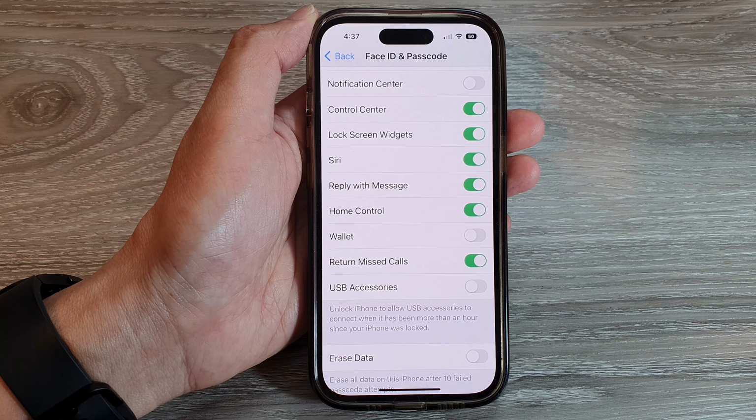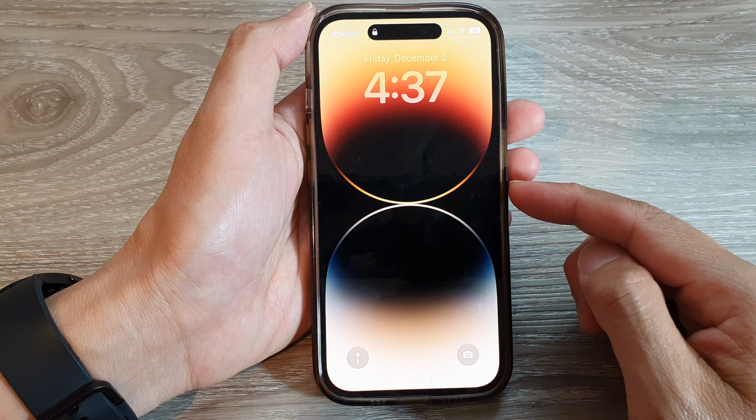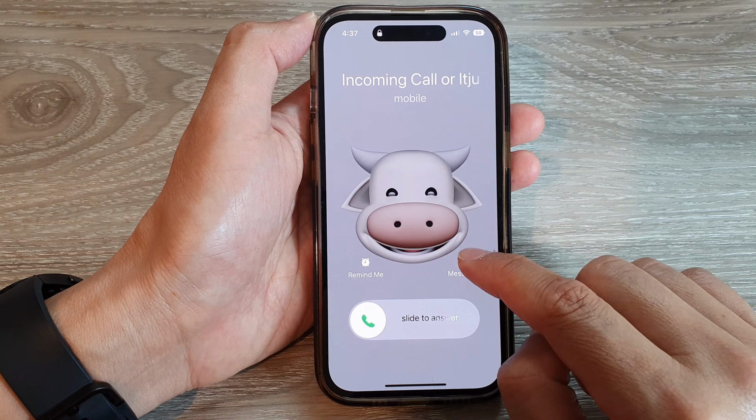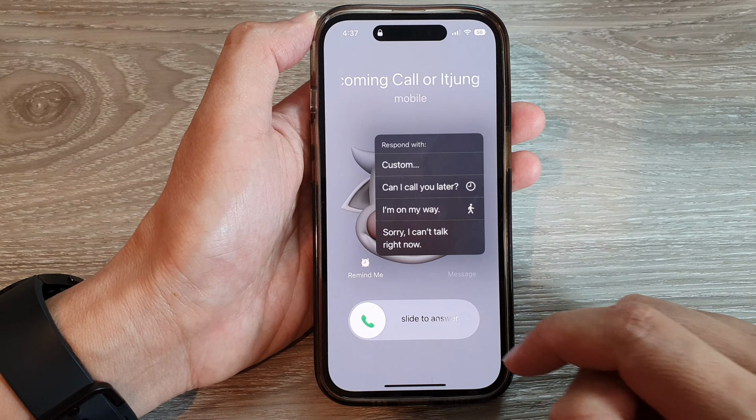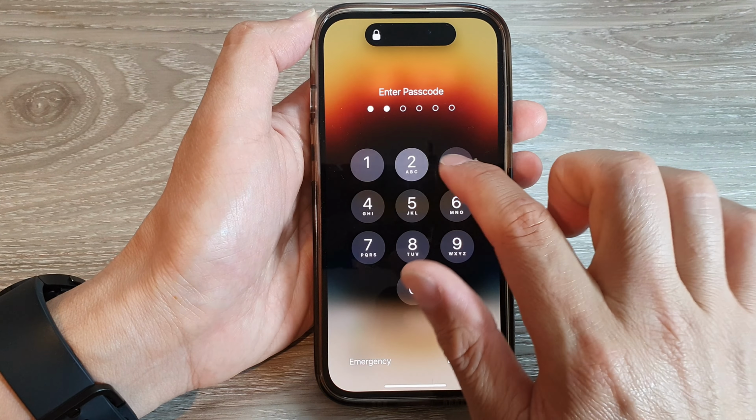Once it is turned on, then you can see that on my lock screen, when I receive an incoming call, I can choose to reply with a message. Now, if I switch it off,